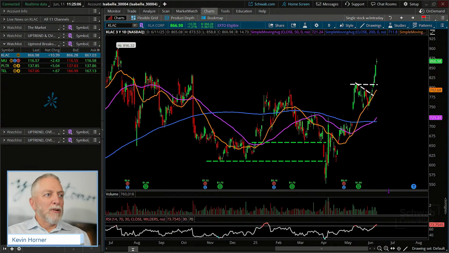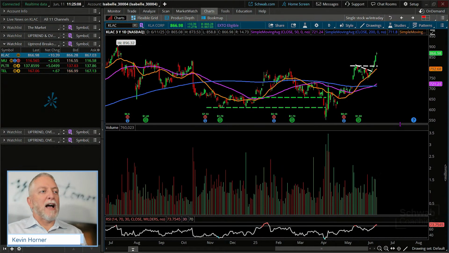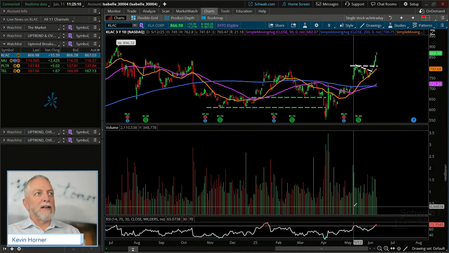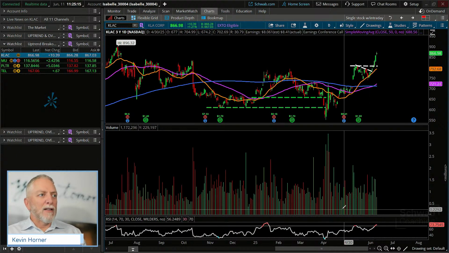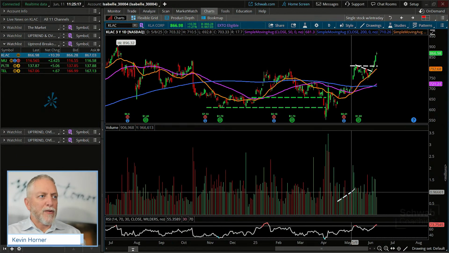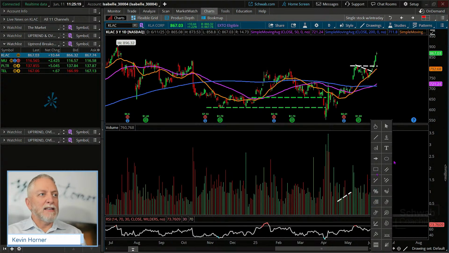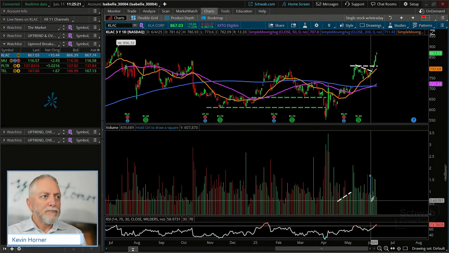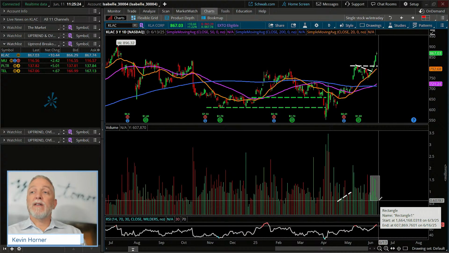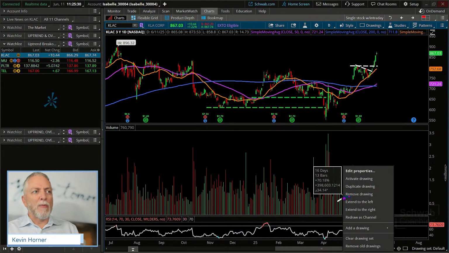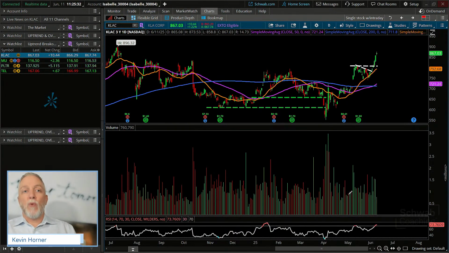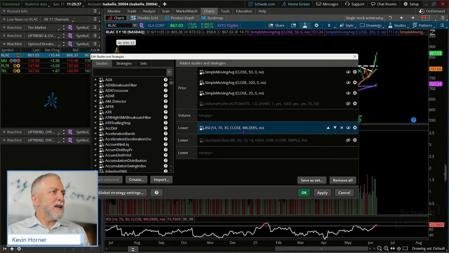And you'll notice down below, everybody, if I just increase the size of my volume bars, you can clearly see that volume in the breakout has been substantial. All right, look back here, a little bit upward for sure, but spikes like these are what we're talking about. Big, big spikes. And if you want to see maybe a better way to give you some confirmation of volume being greater than the average, you can go into the study here, I think.